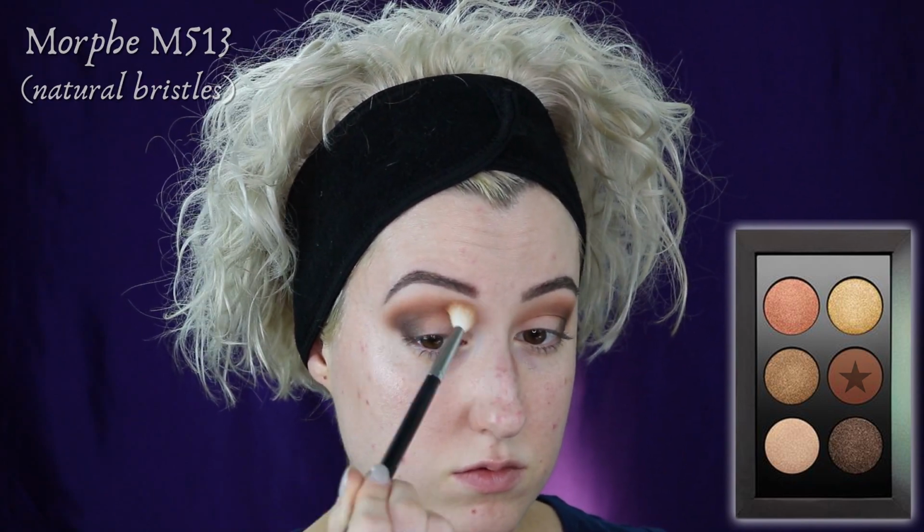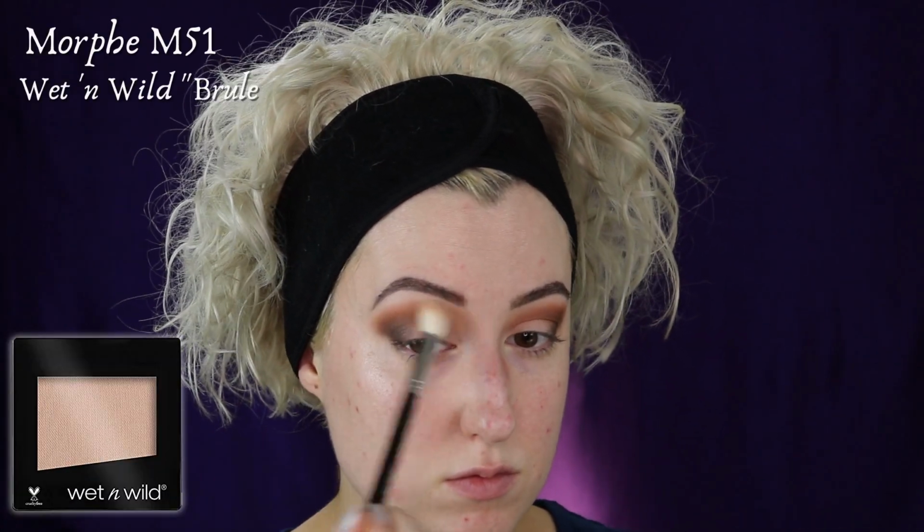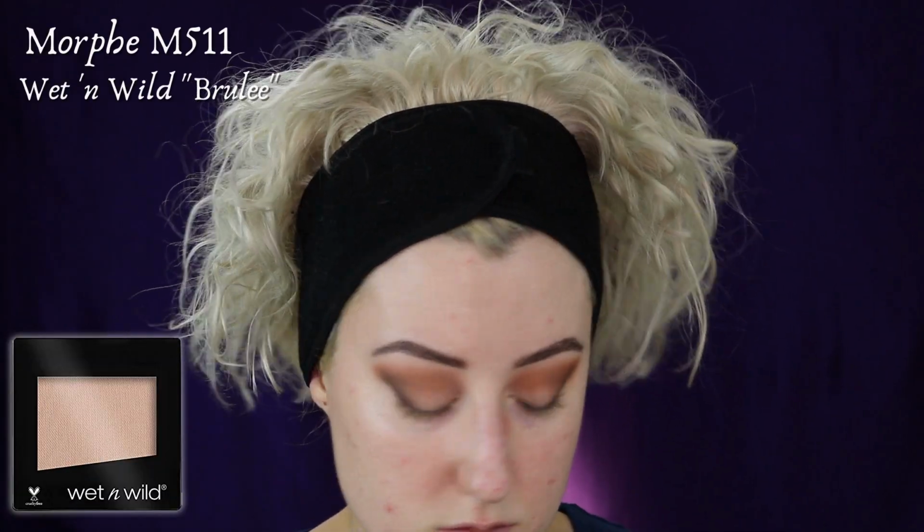Reaching for Wet n Wild Single Shadow in Brulee. This is a matte shade that I use to blend out the edges, since this palette does lack a transition shade. I'm then reaching into Bronze Struck and patting it on the centermost part of my lid, before moving into